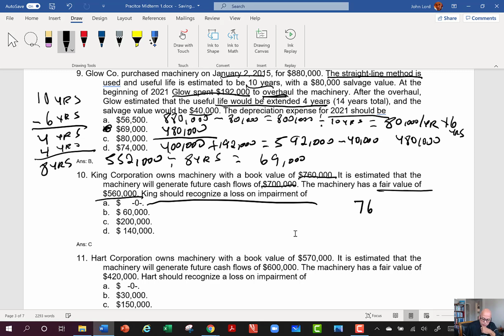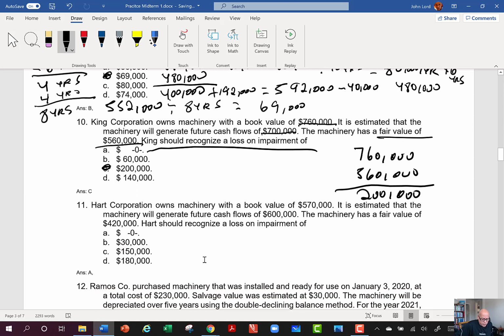So if I have a book value of $760,000, and they tell me here that the fair value is only $560,000, that means I have an impairment here of $200,000. Okay. Now, when you look at the next question, just to sort of help us remember what we just said,